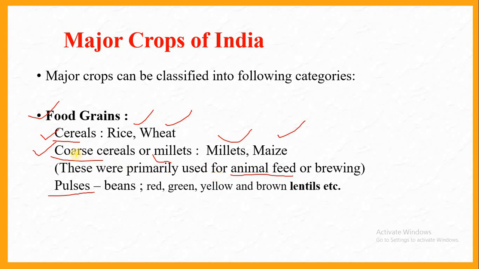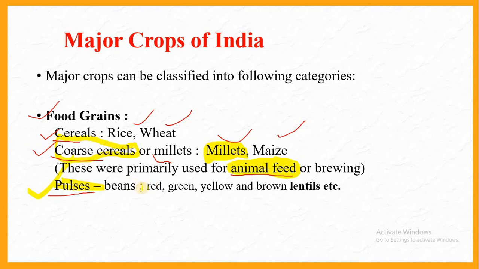They somewhat look like rough seeds, so they are used to feed animals. And nowadays a lot of diet conscious people, somebody who has even diabetes for example, are consuming these millets. Millets are also called magical food nowadays. They are rich in nutrition, at the same time less in carbohydrates. So this is the second kind, coarse cereal. Third is